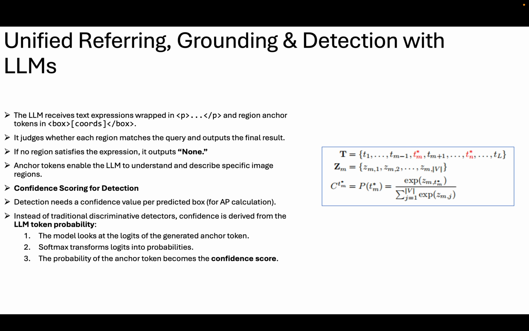If nothing matches, it confidently outputs none, which older LLMs would not do. And then we also have anchor tokens, which also let the LLM talk about or describe the exact region, which is how we unify all these tasks under a single framework. So this allows the system to use the LLM's own reasoning to score detection, keeping everything unified